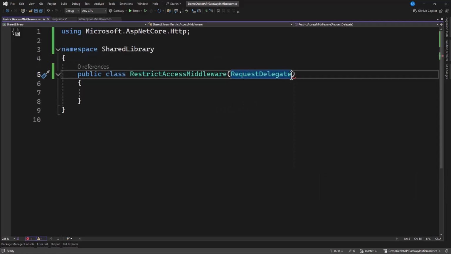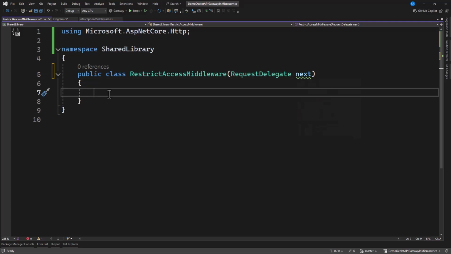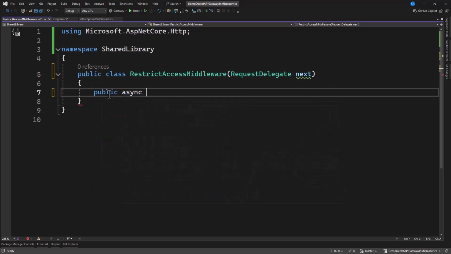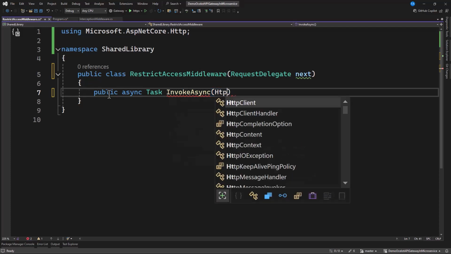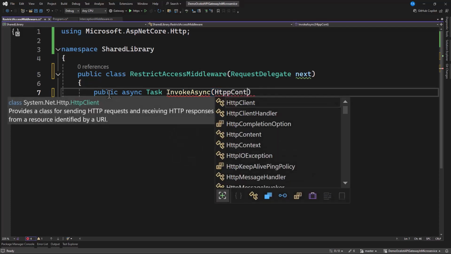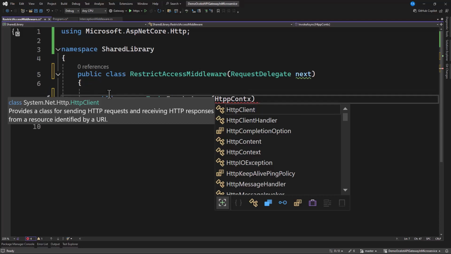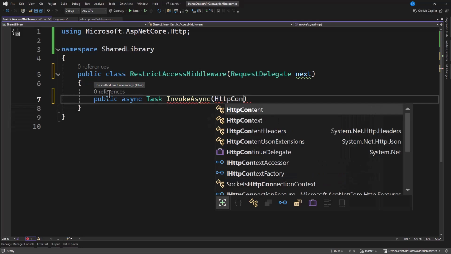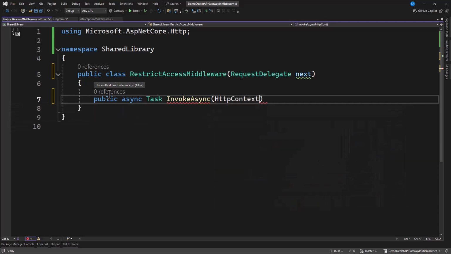So we have this package installed, and now this is going to execute the next middleware. Let's give it as next. And as you know, we need to create a method, and this is going to be a public async Task, and that is InvokeAsync. And this takes in HttpContext, so HttpContext, and we say this is context.